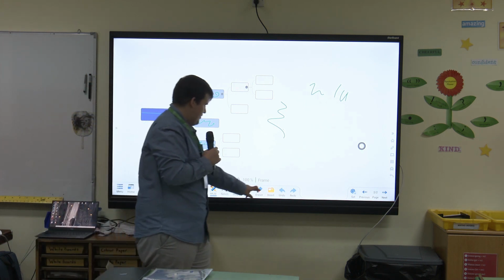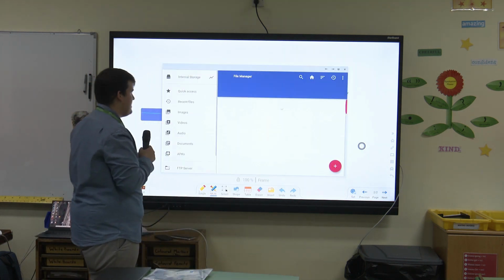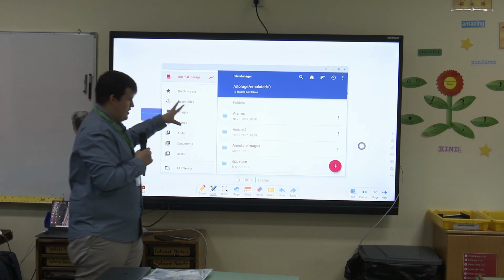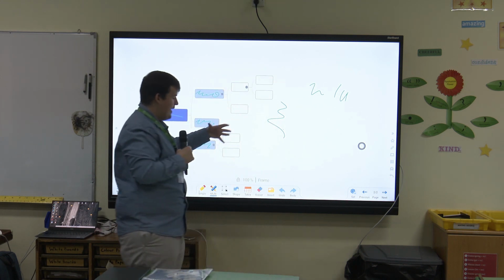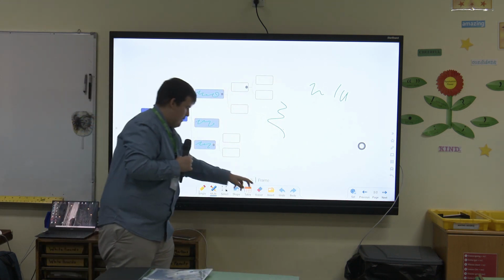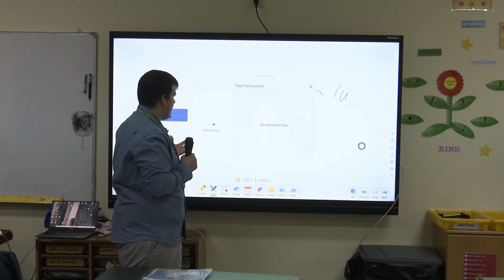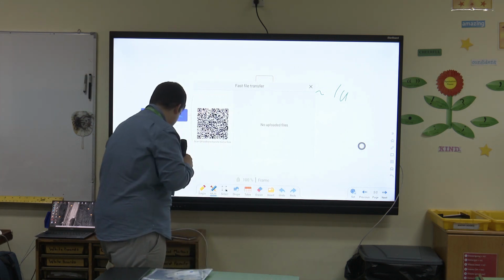Apart from this, if you do window, you can also insert media as a window. So basically, if you have any video that you want to play, you can also insert it as a window, and then it will be floating on the whiteboard, right? You can also do the QR code, which again will allow you, like I explained yesterday,